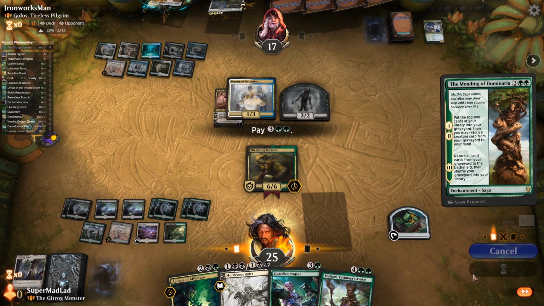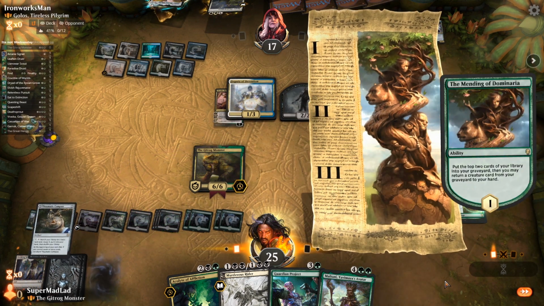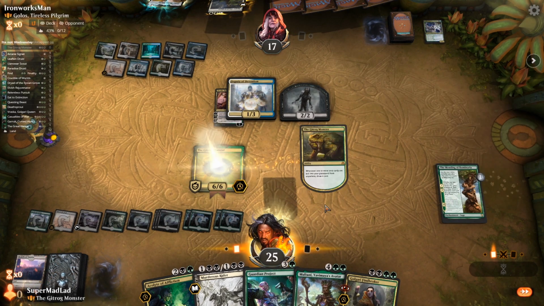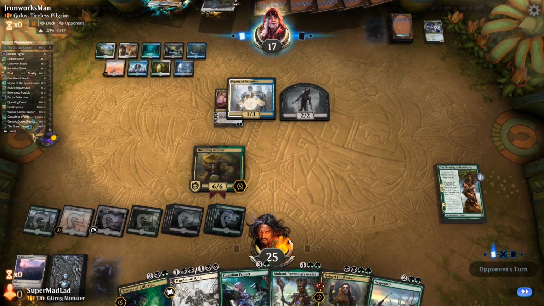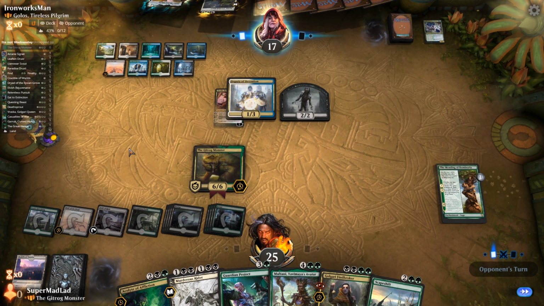Yeah, I think we're going to go Mending of Dominaria. Put the top 2 cards in. If any of them are lands, we draw a card. And then we get to bring back a creature, which is going to be... I think Voracious Hydra. It could be Finebroker, actually. Yeah, I think it's Finebroker. Gets to pull back permanents. And we got Escape Shift. Fantastic. 12 lands left in the deck. 28 cards left. Crazy card advantage, I think, but...